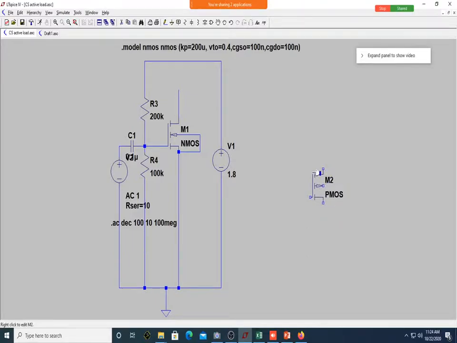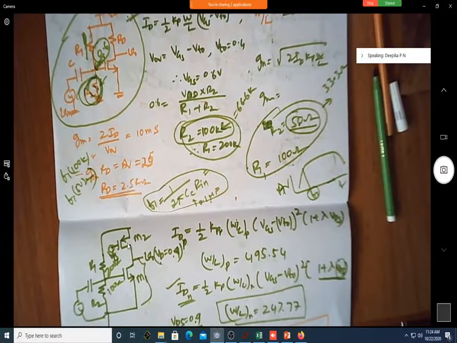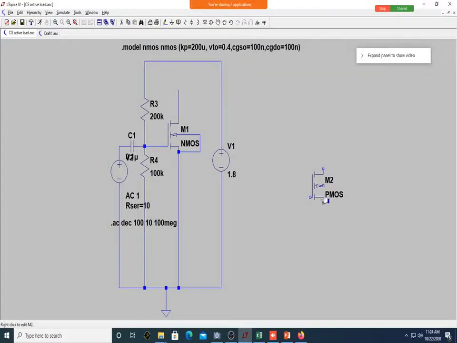Correct? Who is there with me? Deepika? Yes, sir. Can you identify which is source, drain, gate? Sir, gate is this, source terminal. What is this terminal now? Drain, sir. This is source. As per my circuit, where should source come? Downwards, sir. This is source, sir, no? Yes, it has to come up there. It should be at a higher potential. Yes, sir. But unfortunately, this is at a lower potential.